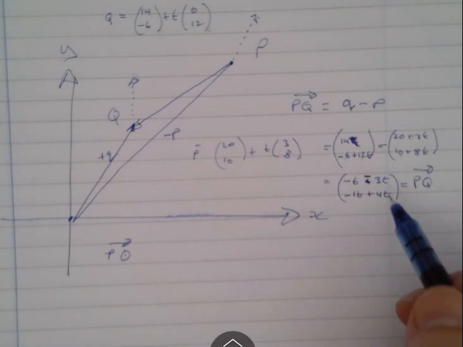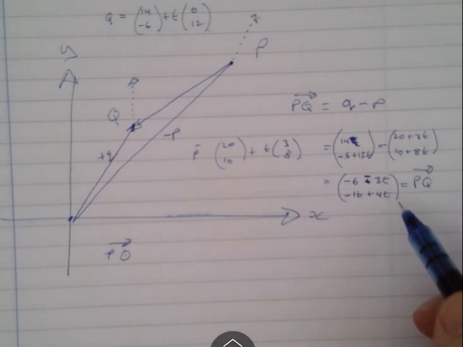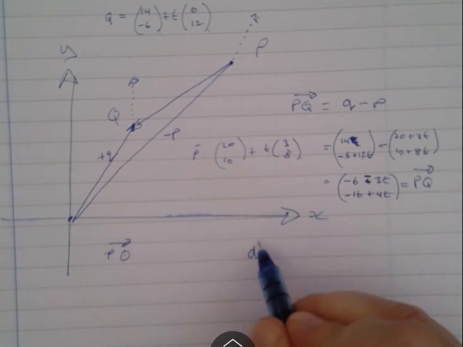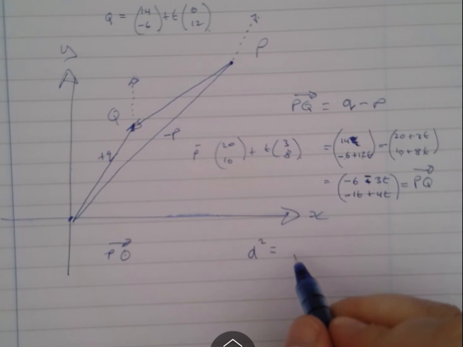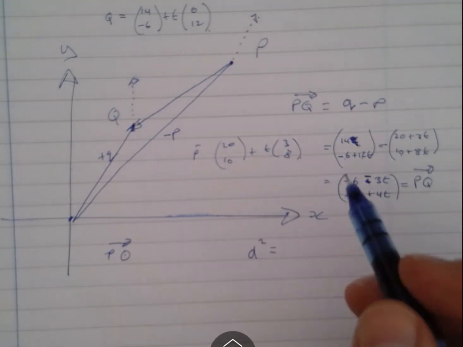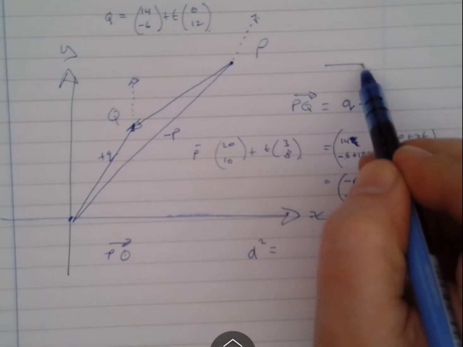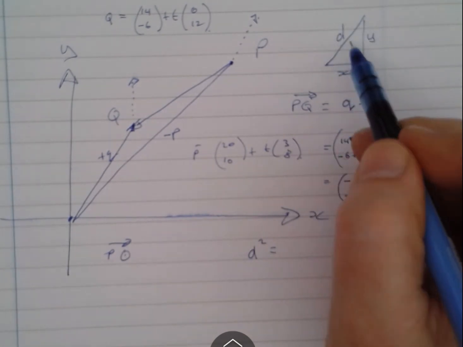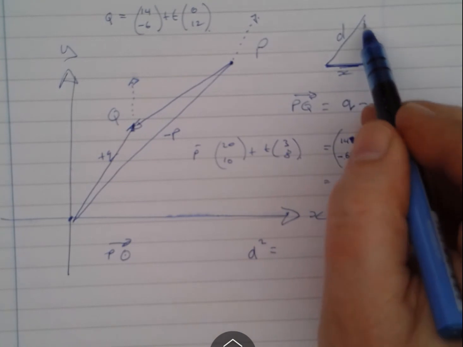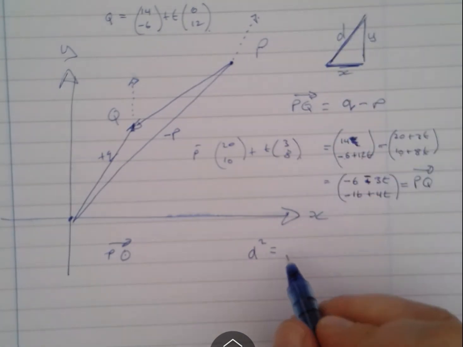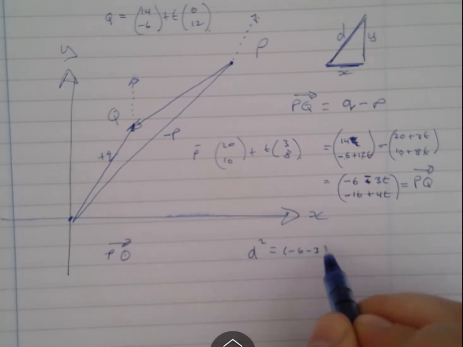But we want the expression for the distance, and so what we do is use Pythagoras. In fact, they wanted an expression for d squared. So I've got the x movement squared, because remember what you're doing is you've got a vector and you've got an x movement here, you've got a y movement here, and you've got d here. So this x movement squared plus the y movement squared is equal to the hypotenuse squared. So just looking at these numbers here, that gives me minus 6 minus 3t